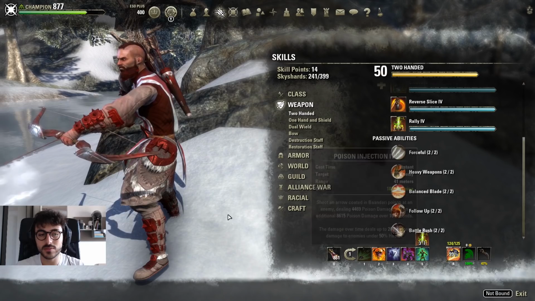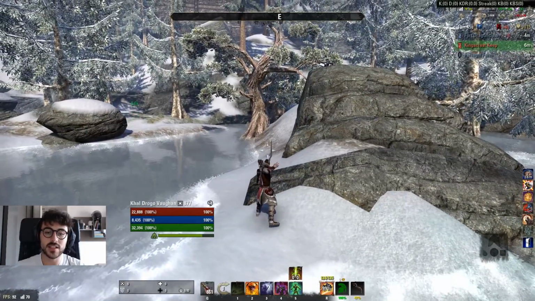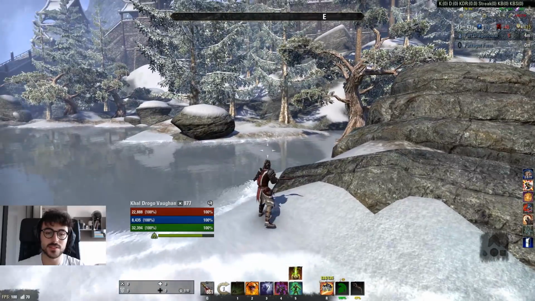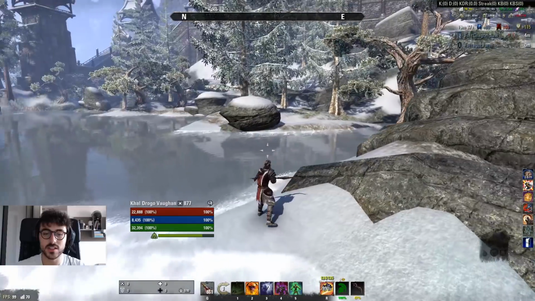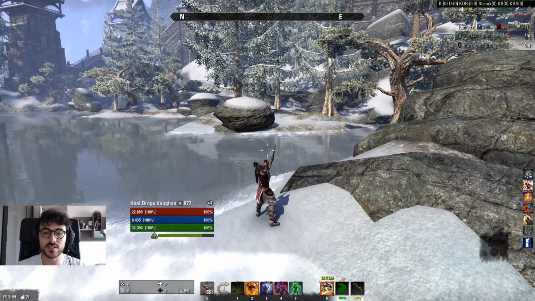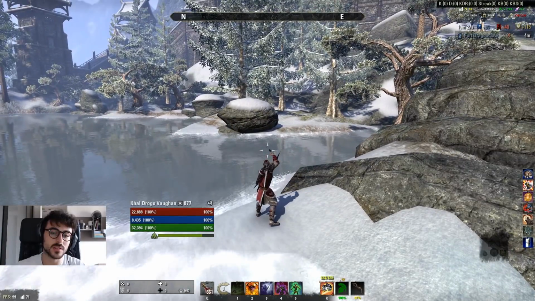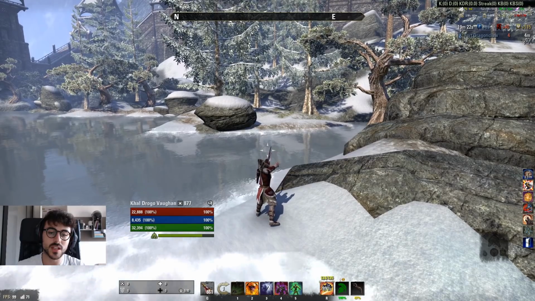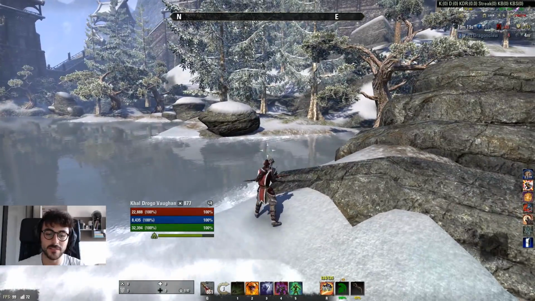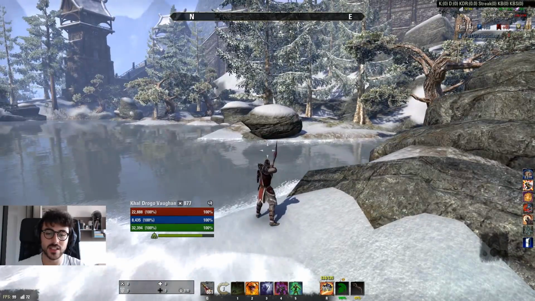Then on the bow bar we are using Poison Injection, our main entrance ability. You know that it does change the bow heavy attack charge. Okay, you see I'm just keep pressing the heavy attack button, but you see I cannot hold the arrow. So try to time yourself to just fire the arrow and the Poison Injection. You see, there's actually a time when